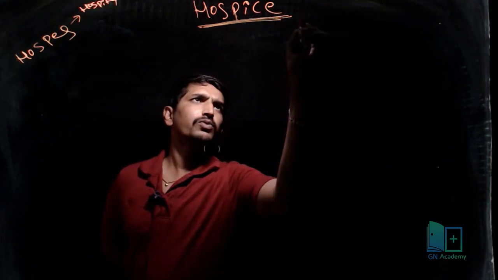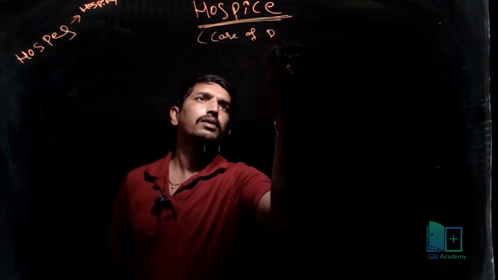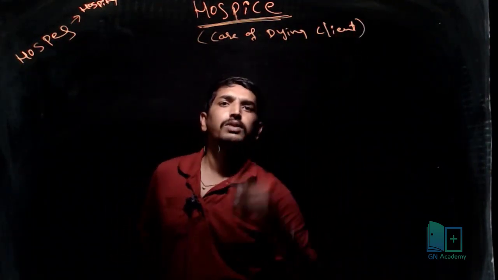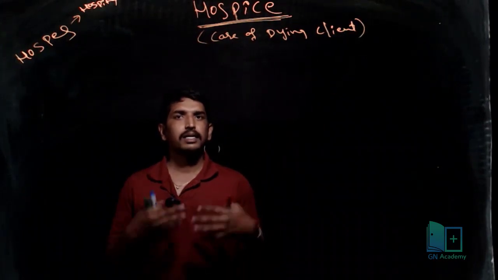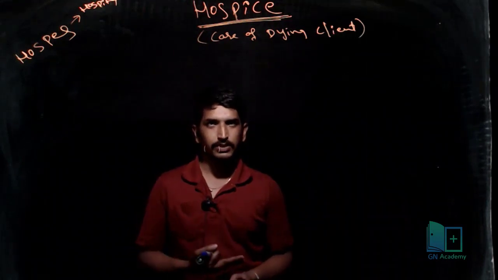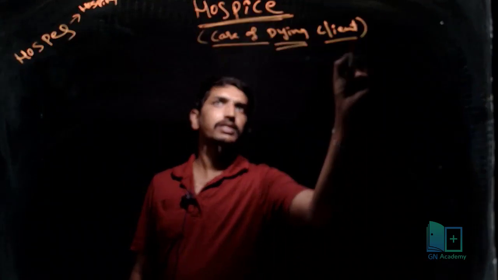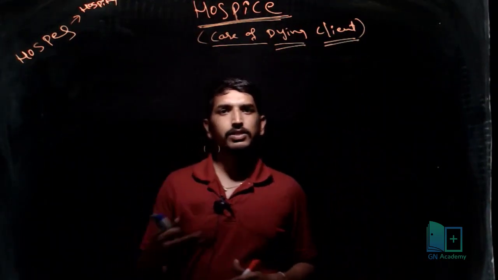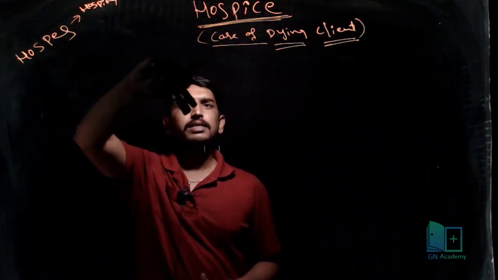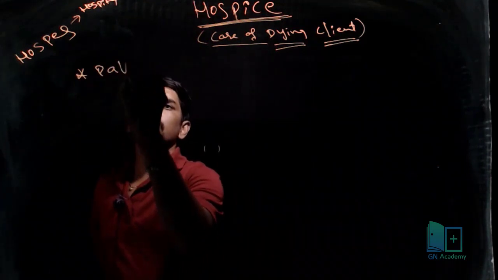The meaning of this word is care of a dying client. The nurse provides care for the dying client, especially the cancer patient. The care we provide to the cancer patient is called hospice care. In the end stage of cancer, we should provide this type of service, and in this type of service we should give palliative